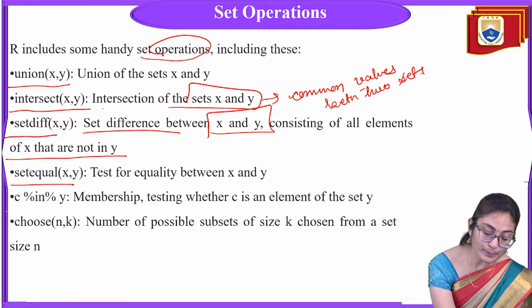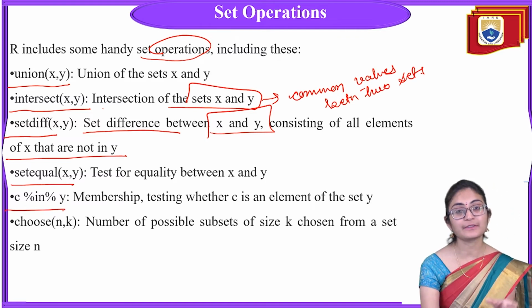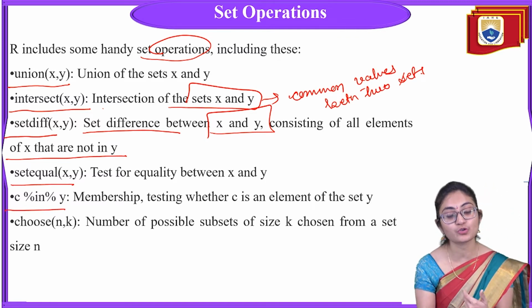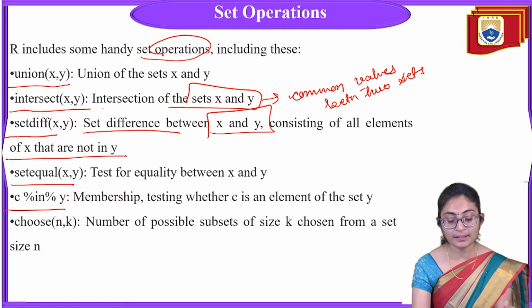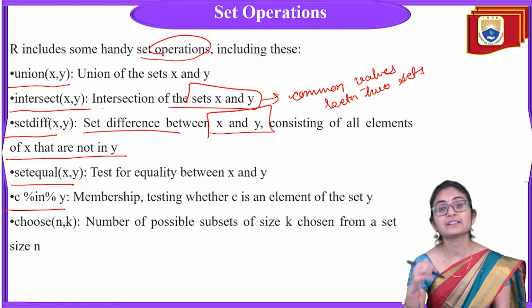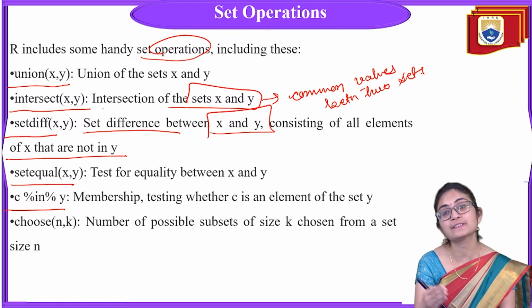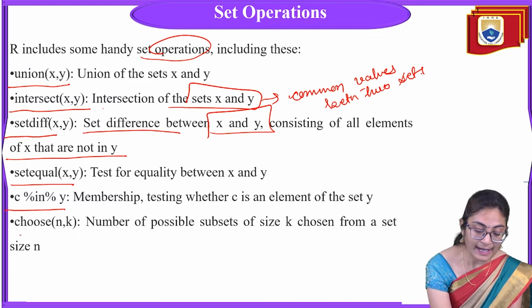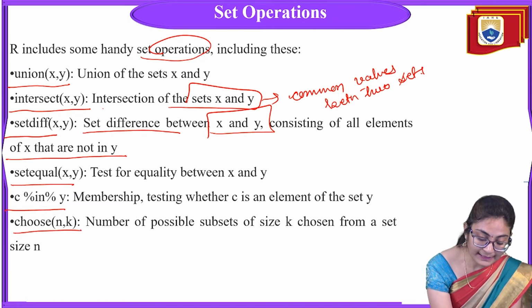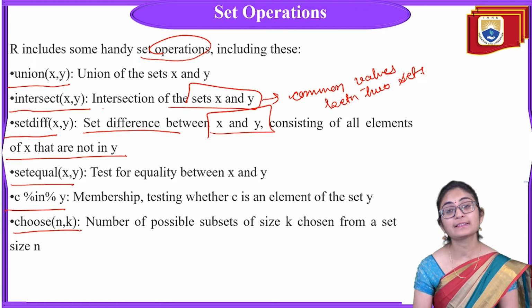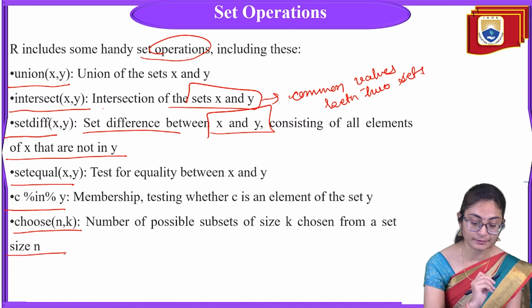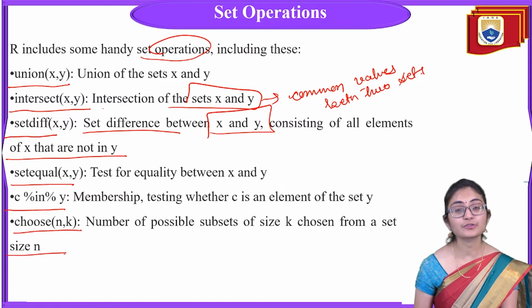Then c %in% y. That means here we have to check the membership, and it will test whether c is an element of the set y or not. And choose(n, k), the number of possible subsets of size k chosen from a set of size n. This is all about